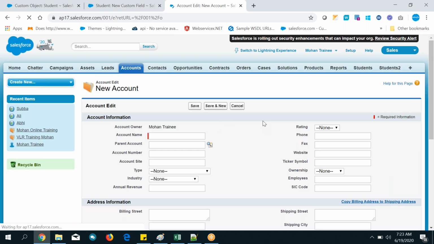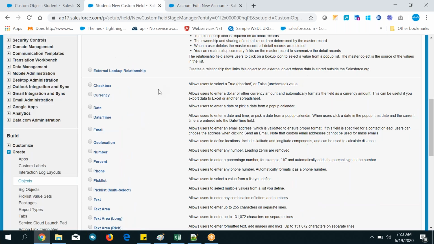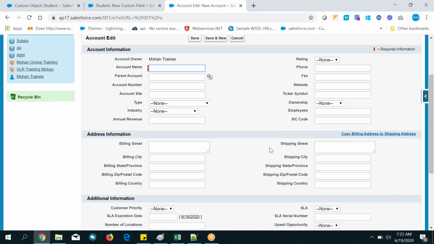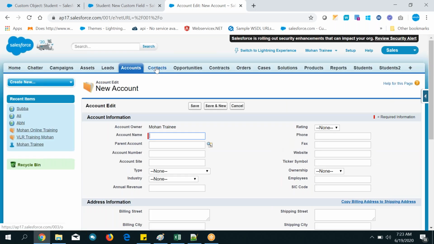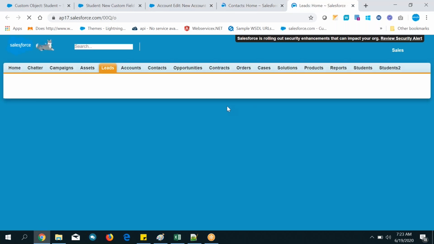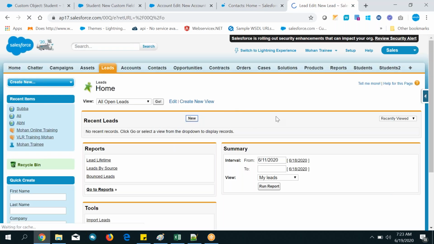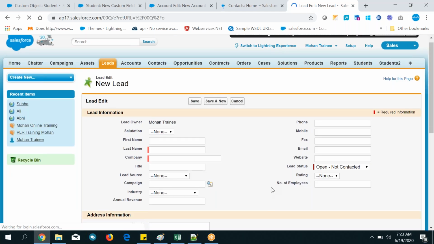Click on the new button. Okay, checkbox. If you select a checkbox, how will it be displayed? It is not here, so let me go to any other object records. I will show you once, then you can easily understand what is what.